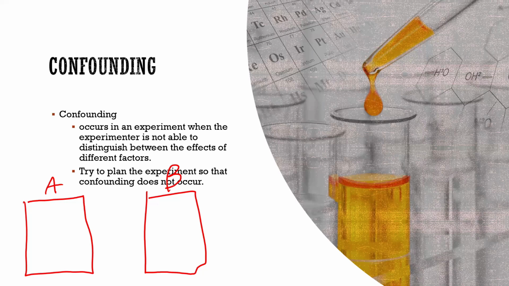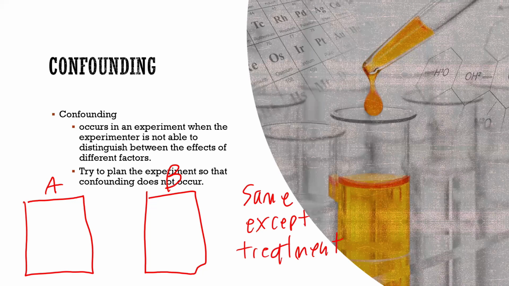So the ideal is that A and B should be the same except for the treatment that's being applied to A and the non-treatment that's being applied to B. Same except for the treatment. And when we're talking about people,